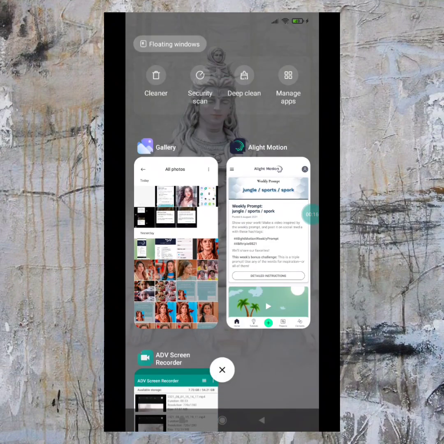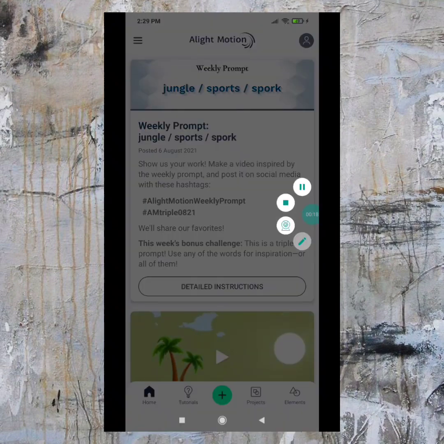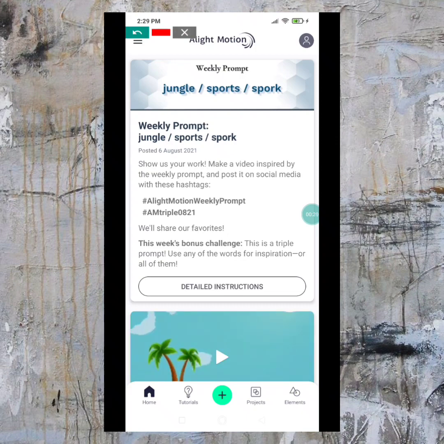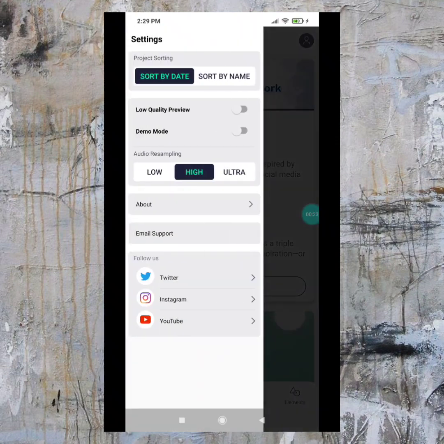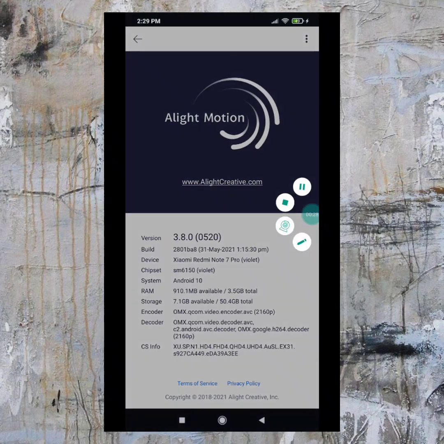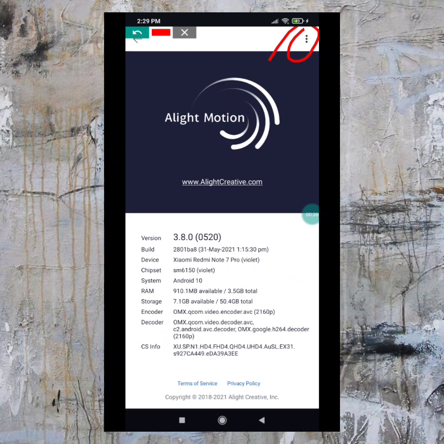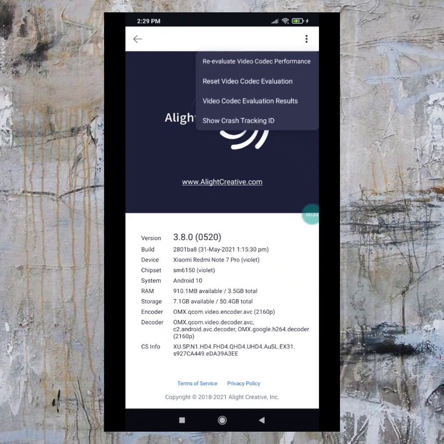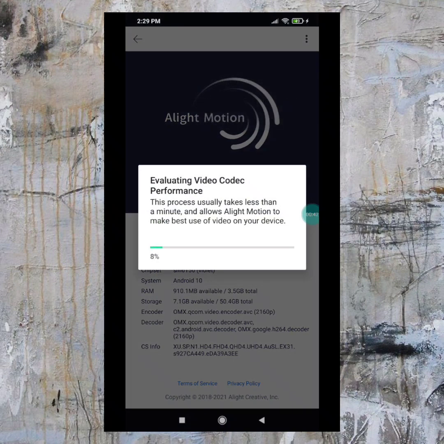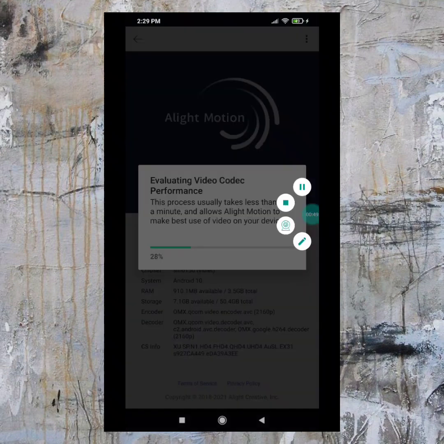So you have to go to your Alight Motion app, click on these three dots, and from here click on About, and again these three dots, and from here click reevaluate codec performance, this one. Just click on this, and it will take some time, and you will be able to use that same video on the Alight Motion app.